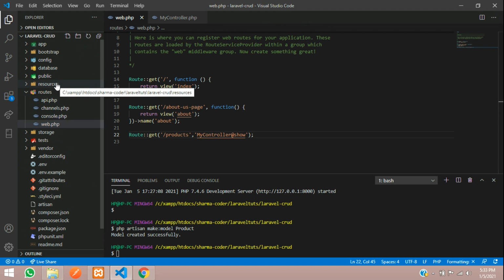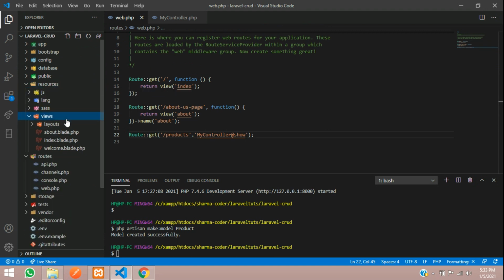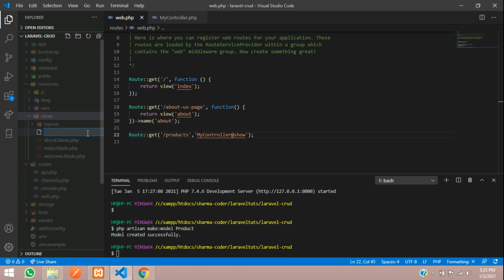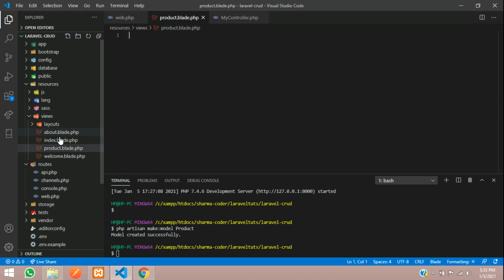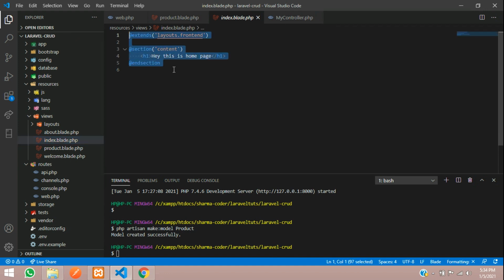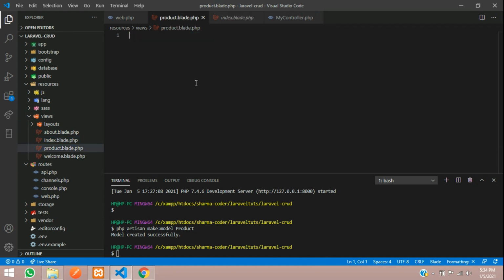Here go to resources, views, and we have our pages over here. Here we'll create a new file called product.blade.php. Hit enter, and here we'll use the main layout. I'll just extend this, copy and paste the same thing here.